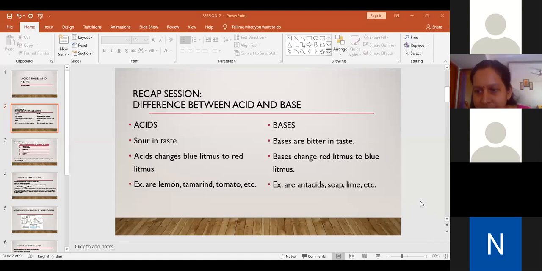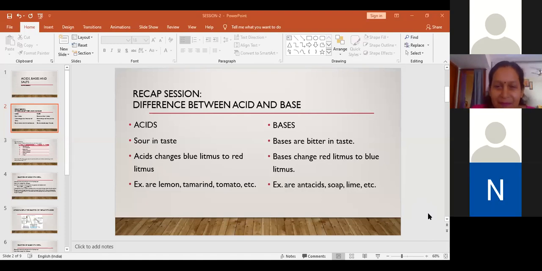Ma'am, should we write it in the chemistry notebook? Your chemistry notebooks are not exactly with me, they're in school. So for all these extra questions, if you have an extra notebook at home, it need not be a school notebook. Any notebook you have at home, you can write in that. And these questions will act as a question bank for your 10th board exam also. So please don't write on small pieces of paper and give it to me. Write in a proper notebook where you can keep all the questions and answers together. Okay.